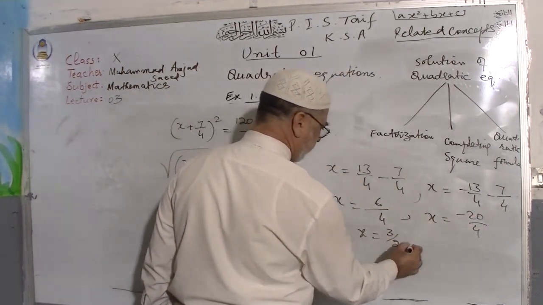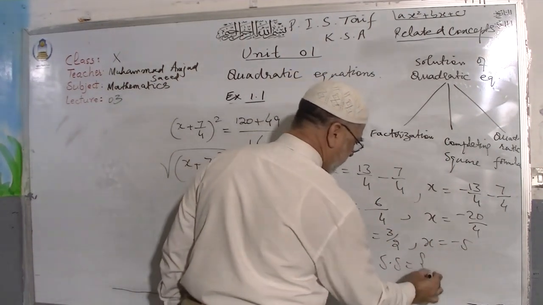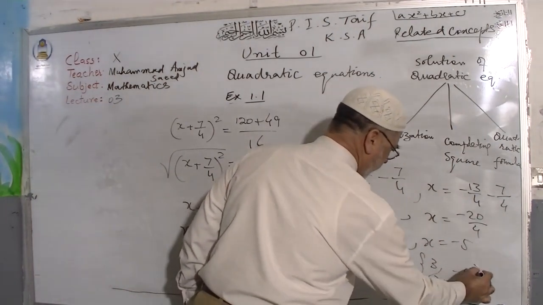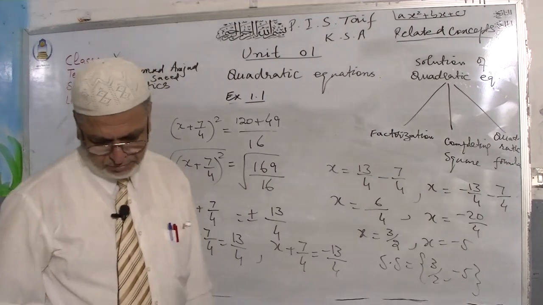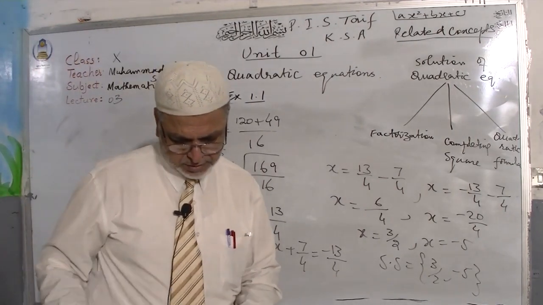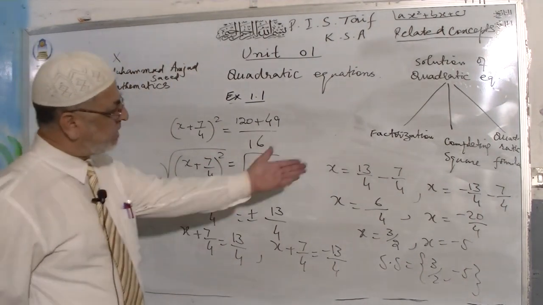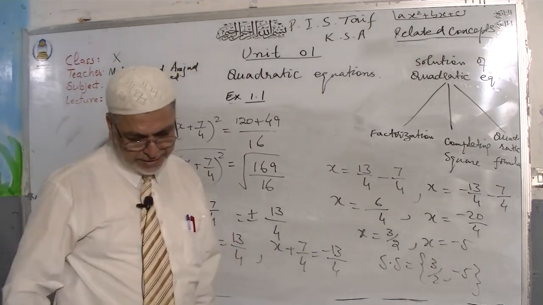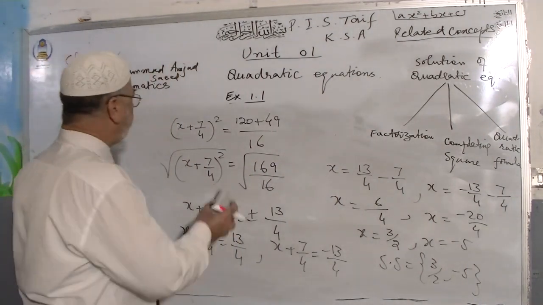X is equal to 3 by 2 and x is equal to minus 5. Your solution set is 3 over 2 and minus 5. So with that question, you have seen how you will find the solution set with the help of completing square